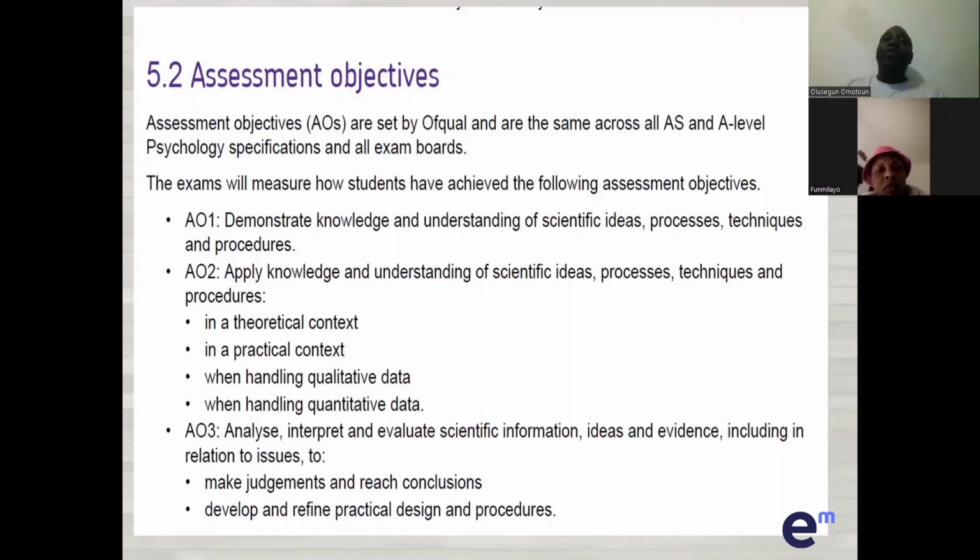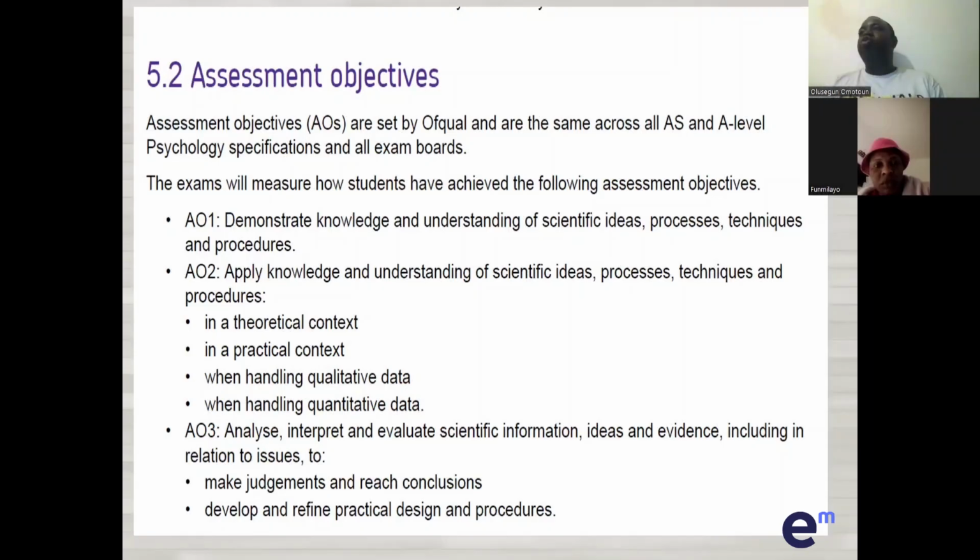So in such a question, which might not be more than 2 marks, you will not need to spend more time on such a question because you already know that AO1 is measuring conceptual meanings of concepts. So when you know the conceptual meaning of the concept, then you are answering AO1. That is assessment objective number 1. Then number 2